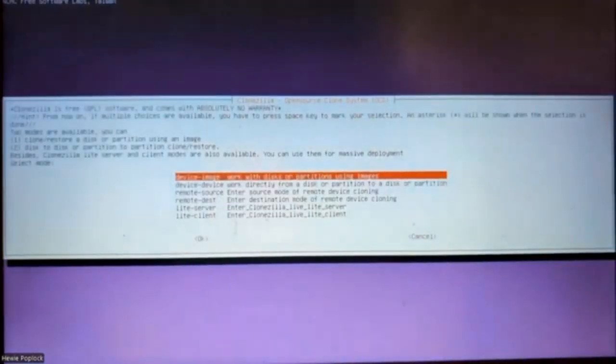It wants to know what keyboard, English, keep the same layout. I press enter, start Clonezilla. And I'm just taking all the defaults up to a point. So now they want you to choose which mode, and I'm going to say work with disks or partitions,